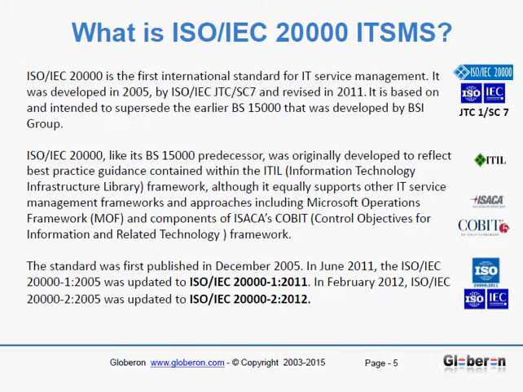Actually, the ISO 20000 is aligned with other frameworks as well. A lot of people have heard about ITIL, Information Technology Infrastructure Library. Some people have heard about Microsoft Operations Framework, MOF. And there is a third framework, which is ISACA COBIT, Control Objectives for Information and Related Technology. These are different type of frameworks. But all of these type of frameworks actually evolve back into the international standard, which is the ISO 20000 standard. In 2011, the standard was revised, and also the Code of Conduct was revised as well in 2012.